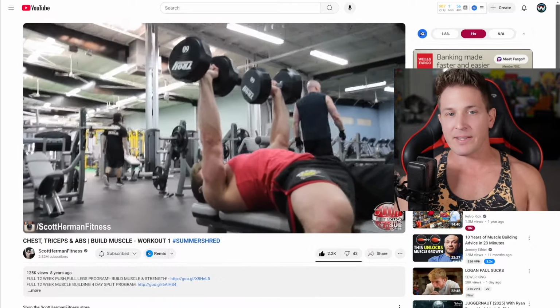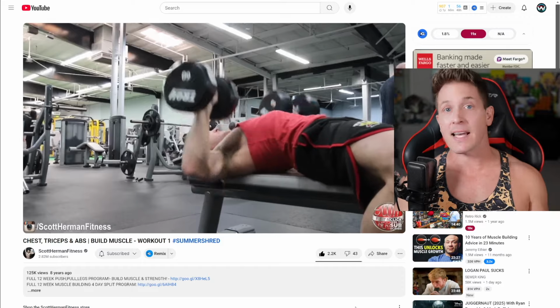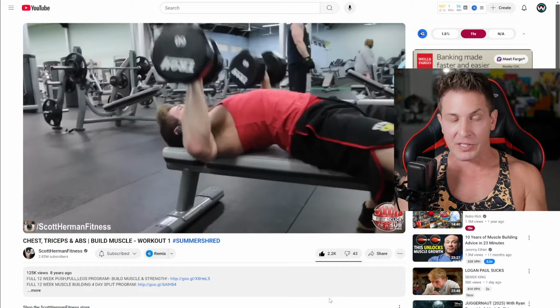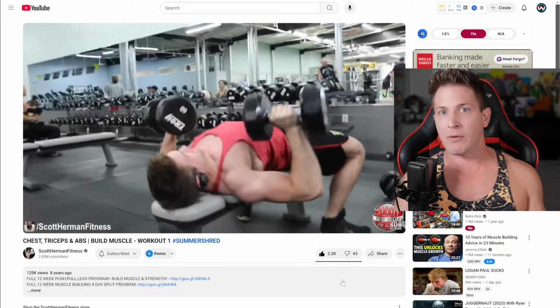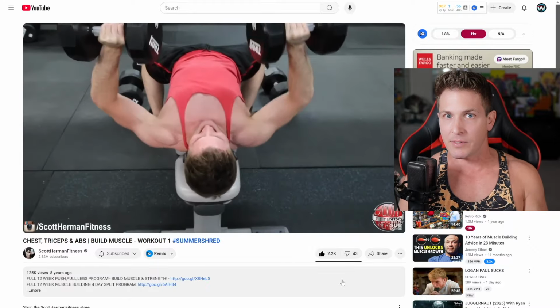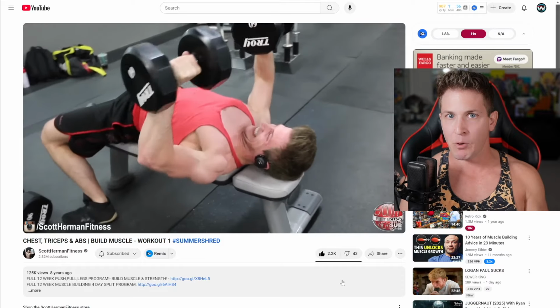What this is doing, this is taking advantage of mechanical tension, lifting as heavy as I can with those 90-pound dumbbells, okay? And now I'm moving into focusing a bit more on high volume, which is metabolic stress, okay? And both of these are going to happen to bring about muscle damage. So I'm hitting all 3 muscle building mechanisms, right, in one set, which is very important, especially for a guy